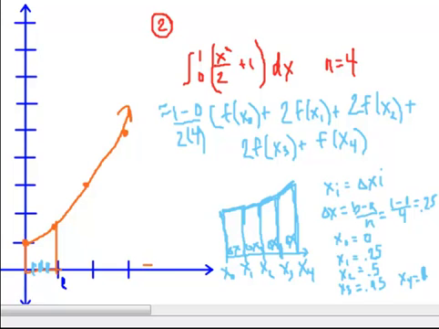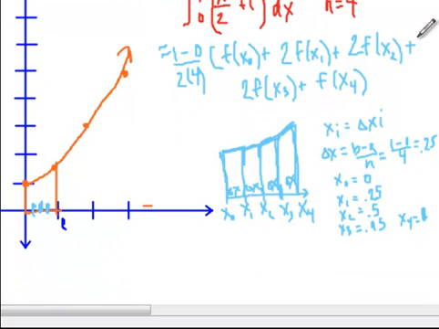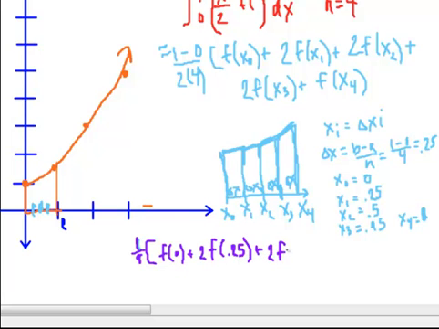Okay, so I do have to move this down, unfortunately. Okay, so I am going to be using this once again, but now I can plug in these x sub 1s, x sub 2s, x sub 0s, all of those. So I'm going to simplify this. We get 1 over 8. We have 1 over 8 times f of 0, plus 2 times f of 0.25, plus 2 times f of